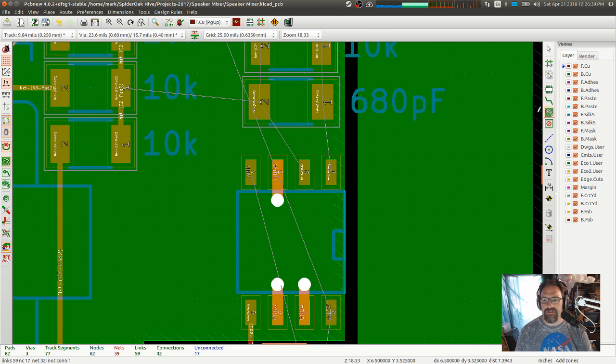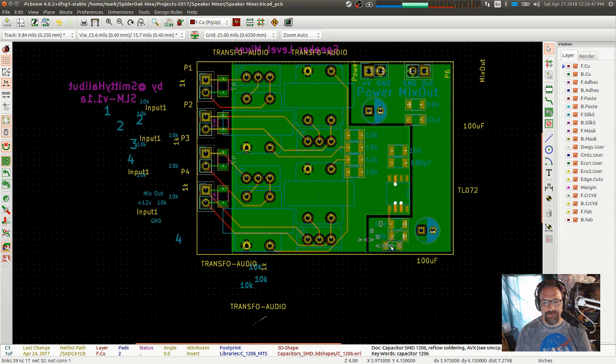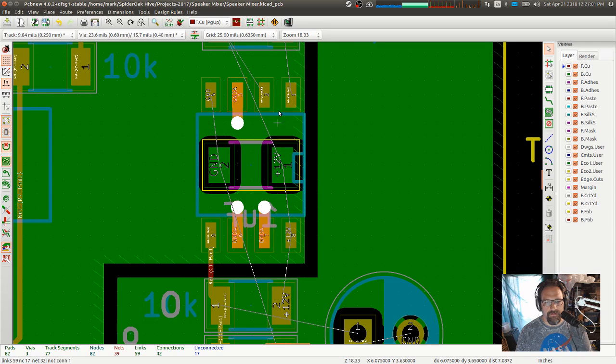So let's do the 12 volt ground. Whoa. Where are you coming? Oh, that's the bypass cap. Okay. Yep, I need that in there, but I'm going to flip that over. Put that on the bottom side. There we go. Okay. So...